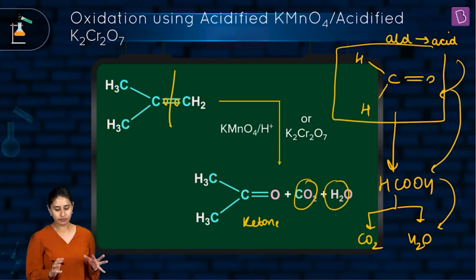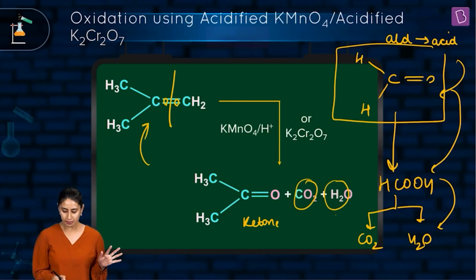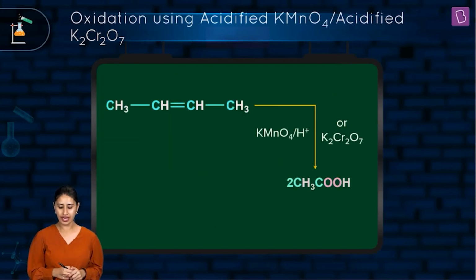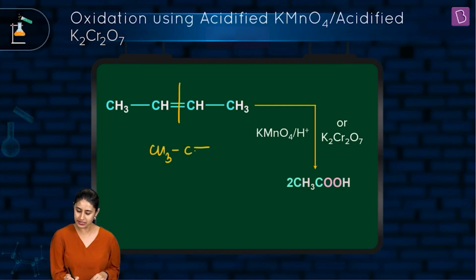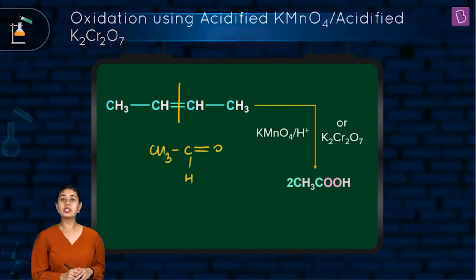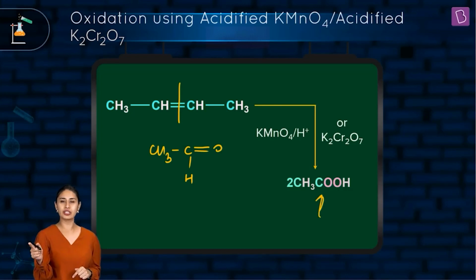So for this kind of an alkene, I am sure it is clear that ketone, carbon dioxide and water are the products. But if we have this, we are going to get, look at this, two aldehydes. What are the two aldehydes that we are getting? CH3CHO and HCHO. So from here, what do we get? We get acetic acid or ethanoic acid. Only the formic acid will further give you CO2 and H2O. Acetic acid, where the oxidation stops. So further things are getting oxidized, right?